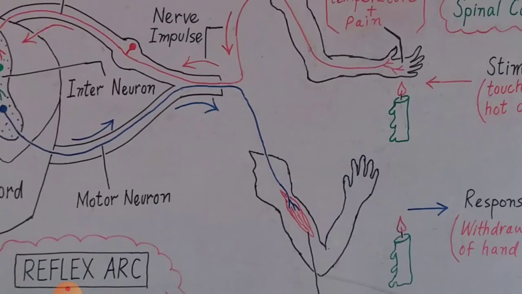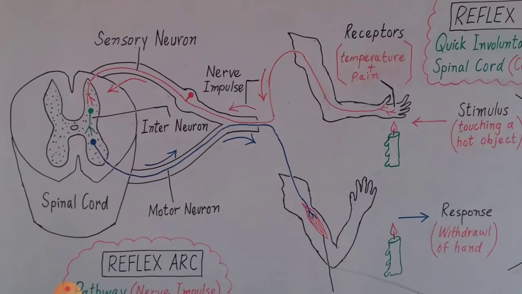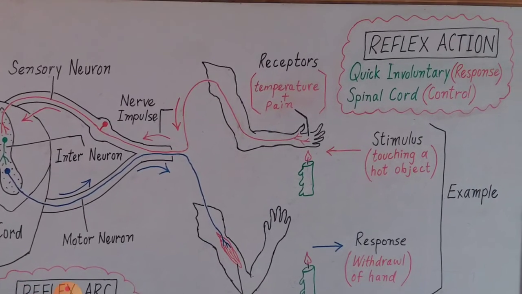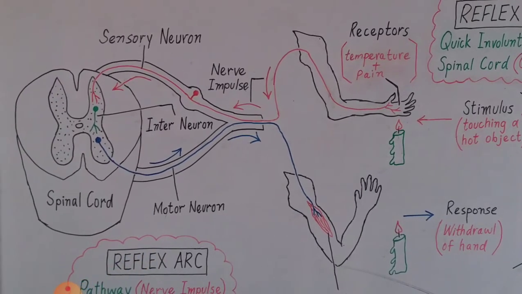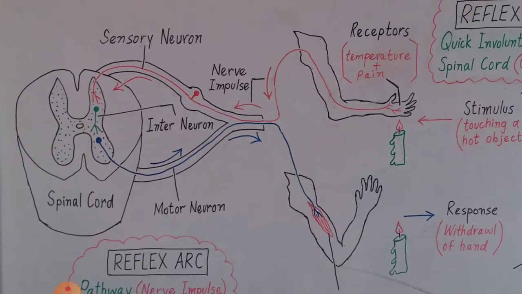Because this whole process, the whole incident, is controlled very quickly, it is called a quick involuntary response, and this is called reflex action. Because there is no time to let the hand burn, there is no delay, so the spinal cord quickly produces a